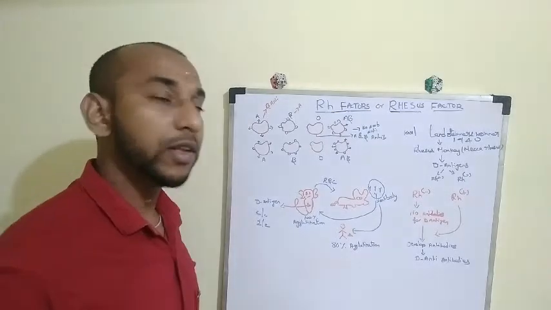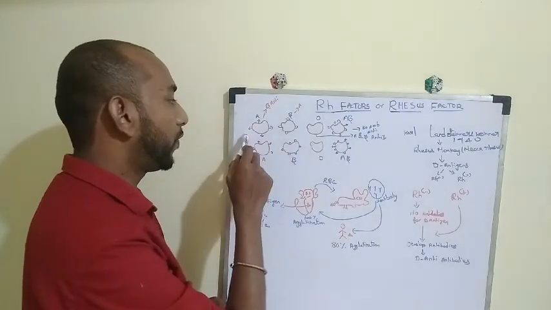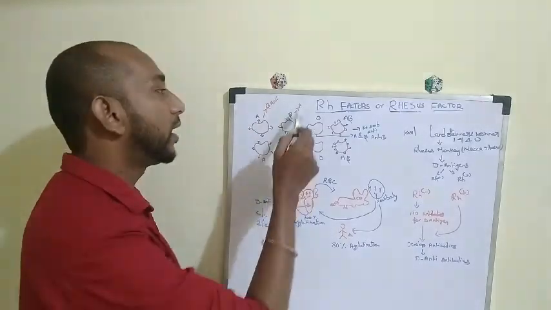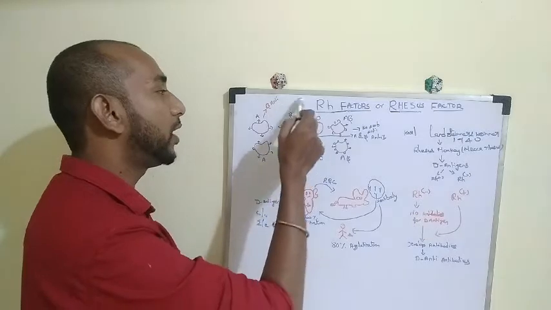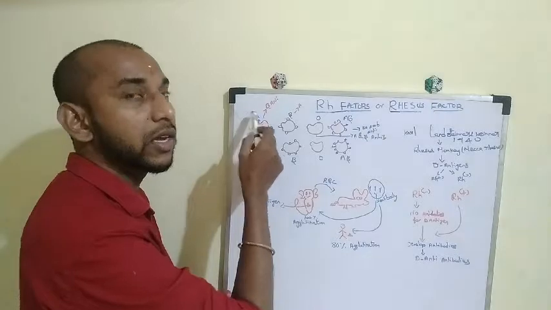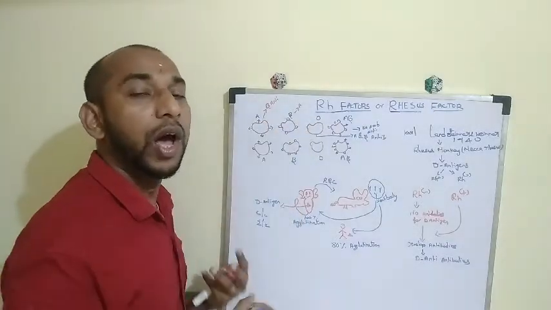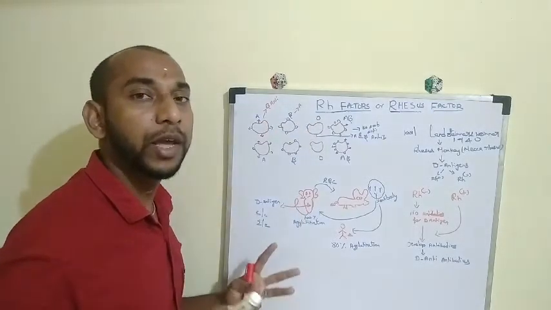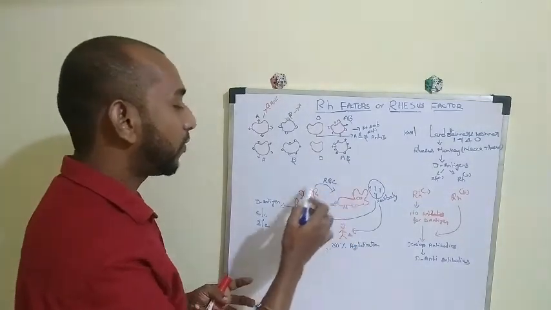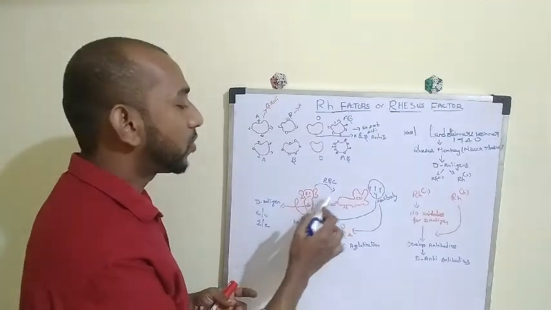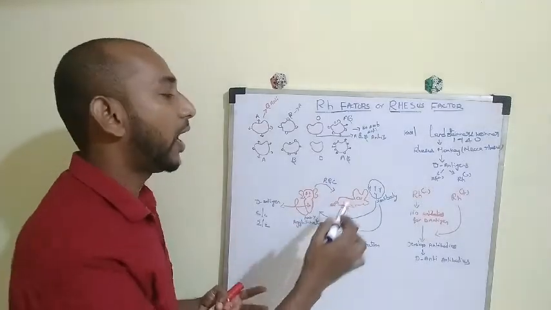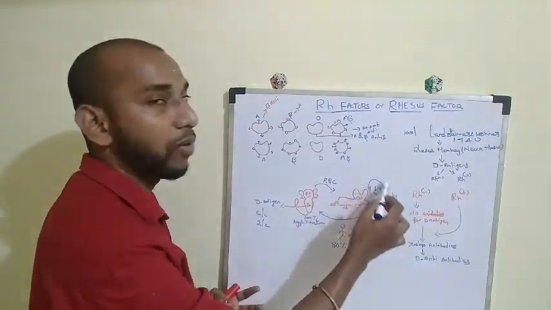So remember in my previous video I told you, if you transfuse A blood group with B blood group, what happens? The antibody that is present in the B blood group will not recognize the A antigen and it will start attacking. Then agglutination takes place, right? The clumping of particles will take place, right? So likewise here, the red blood cells will also contain some antigen, okay? So the rabbit's immune system doesn't recognize that antigen and it starts attacking and producing antibodies, okay?